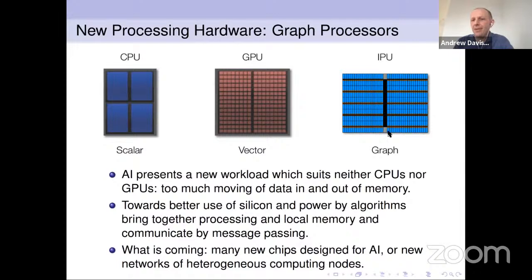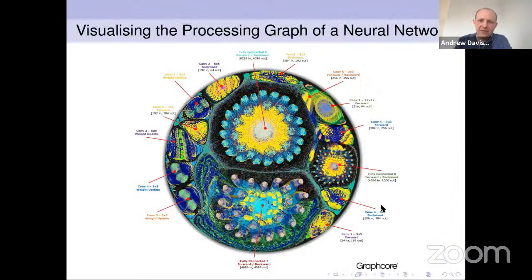There'll be a lot more chips that work in this graph-like way, but also if we think beyond chips towards a future of many edge type smart devices that might be communicating with each other, I think we'll also have this quite general graph-like structure. This is a nice visualization from Graphcore of how, if you take a certain algorithm, a standard neural network, you identify the graph-like patterns of how it communicates both during training and inference time, and you compile that down onto a graph processor to make it as efficient as possible.